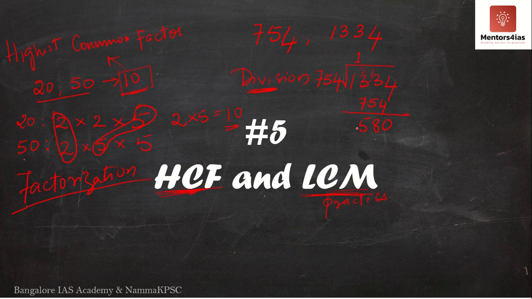Now please remember what to do next. Once I get the remainder as 580, I will divide 754, that is the divisor, by 580. So I am bringing this 754 here, and I will divide 754 by the remainder now. I am dividing 754 by 580. Now 580 one time is nothing but 580 itself. So what do I get here? I have 4. So this is 6, 15, 5, 2, 7, 1. I again have a remainder.